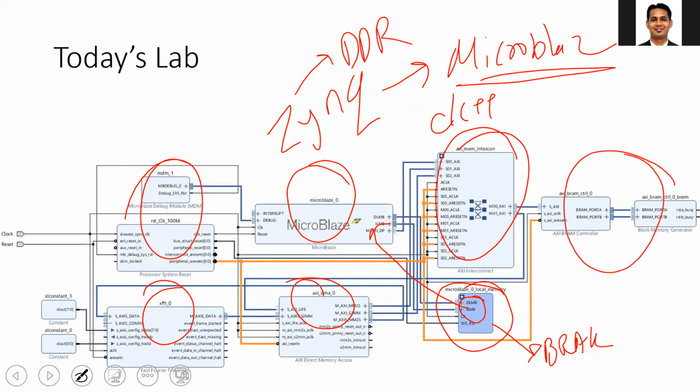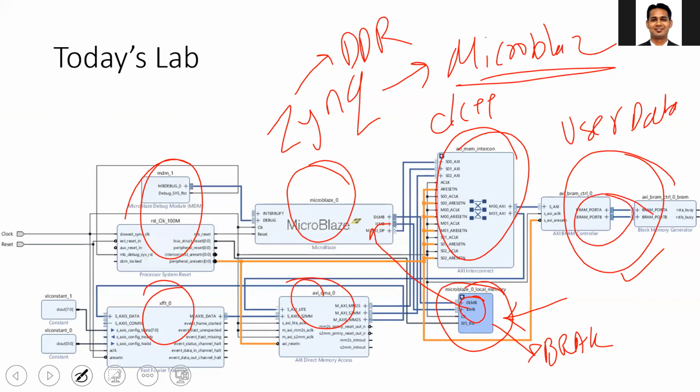You already know how to make use of the block RAM in your block design. This block RAM is used to store your program code, instructions, and data. And this block RAM is used to hold the user data which you want to be processed by the FFT, as well as the processed data.